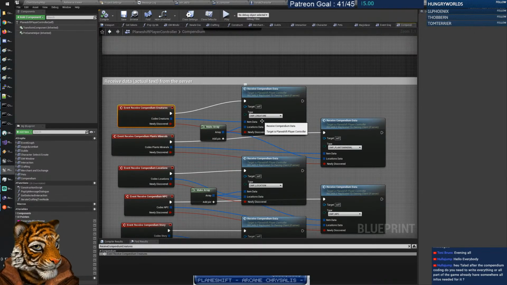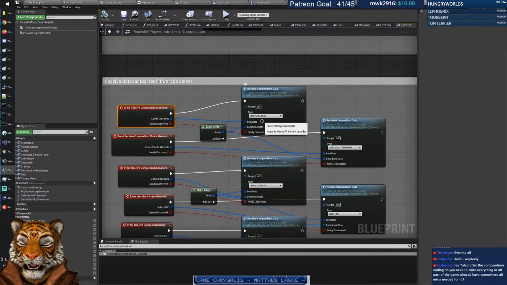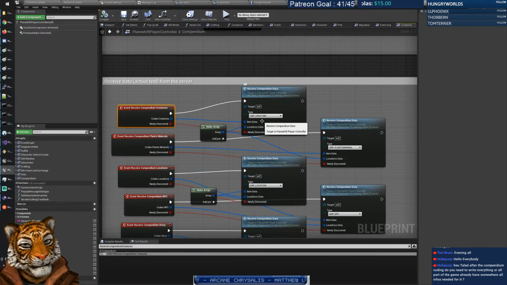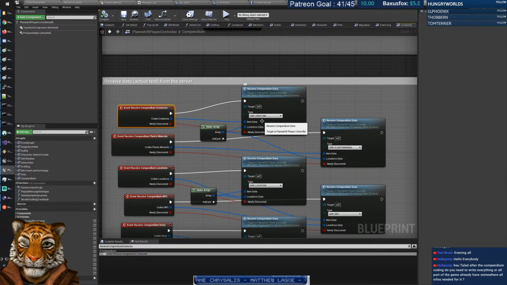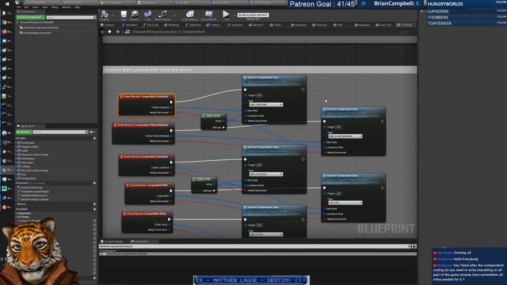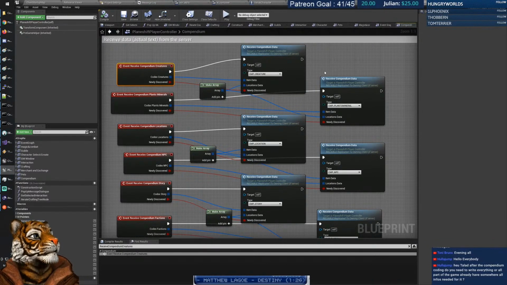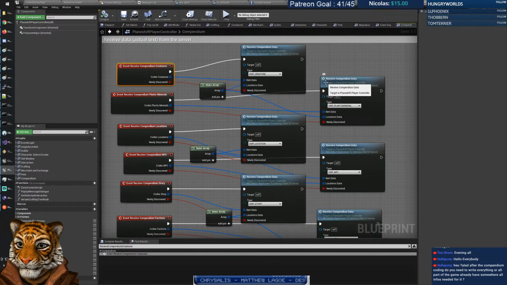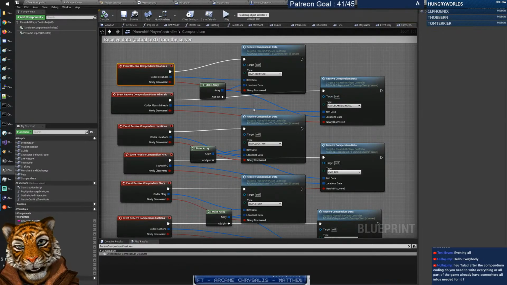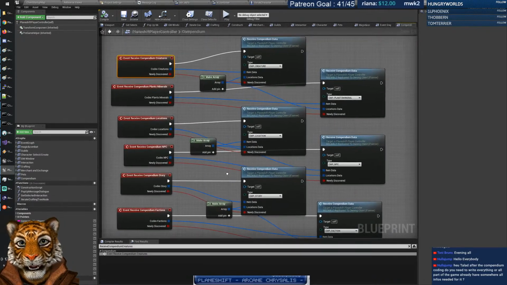Hello, Hula. After the compendium coding, do you need to write everything or does part of the game already have it somewhere in front of you? Well, some of the descriptions we have, but the association with the books definitely needs to be made. So yes, in terms of content, there is a lot to be created. It is only the functionality, but then the content itself, where to associate the different books to which parts and all of that, needs to be done, which is not a work for me. It's more a work for the setting team if someone wants to do it. If not, as usual, I will do it, but if they want to do it, they can. So we basically have